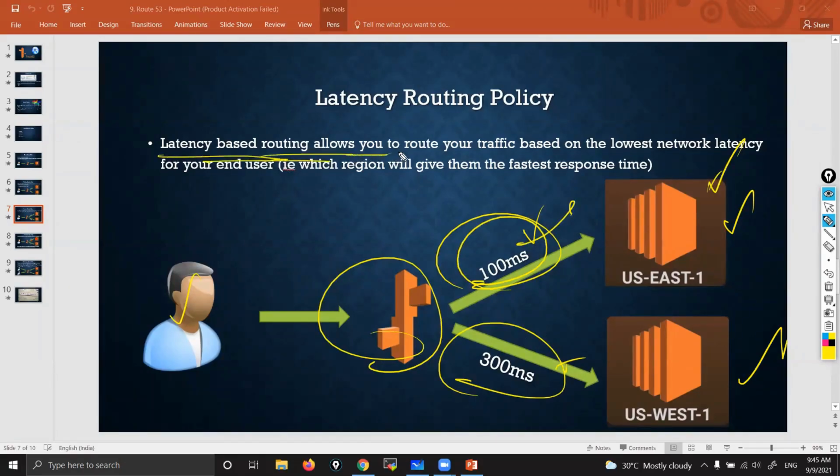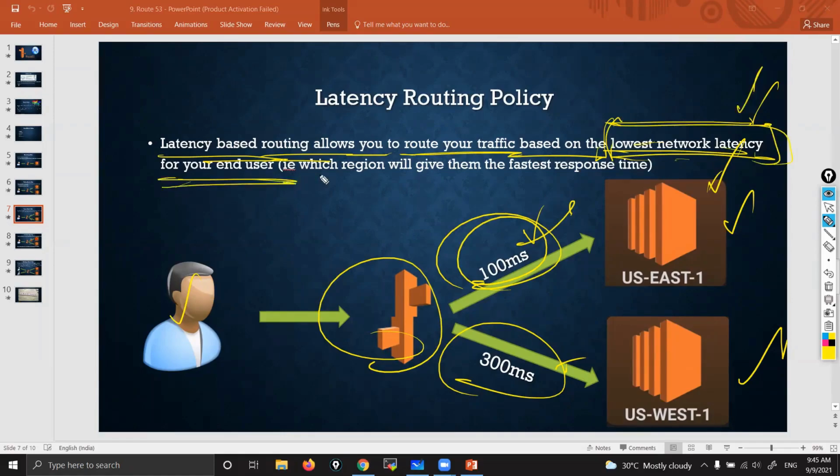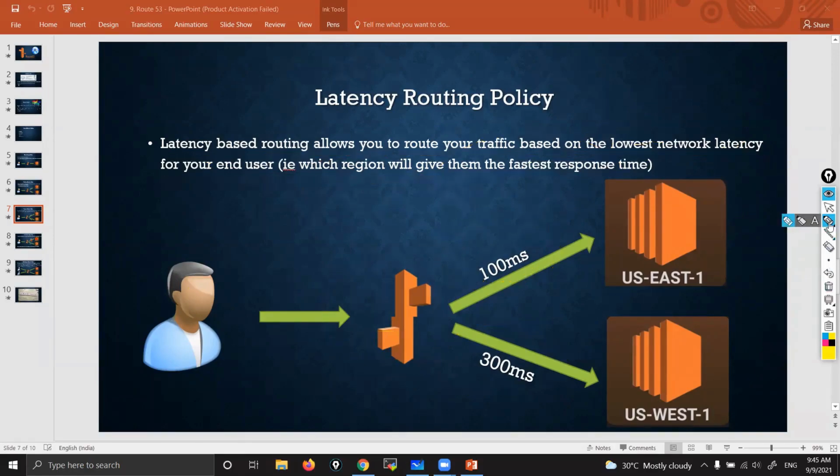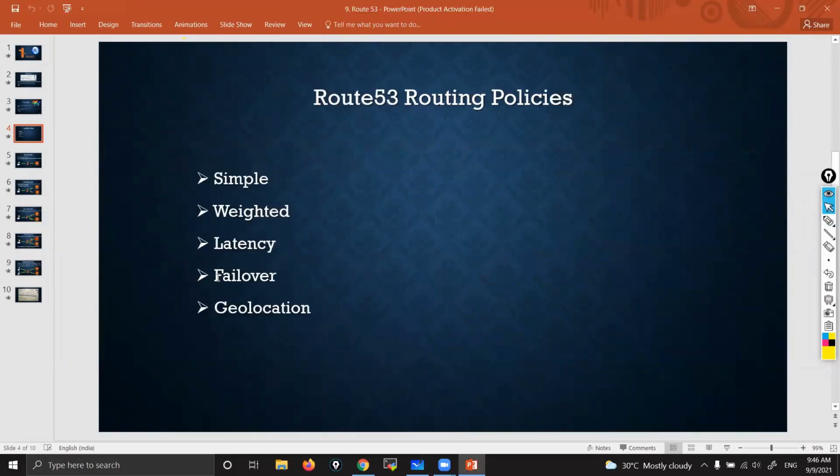Latency-based routing allows you to route your traffic based on the lowest network latency for your end user. That means the region from where you are getting a faster response. To that region, it will send the request. Always it will try to make sure that the user is getting a response within less time. That is latency.